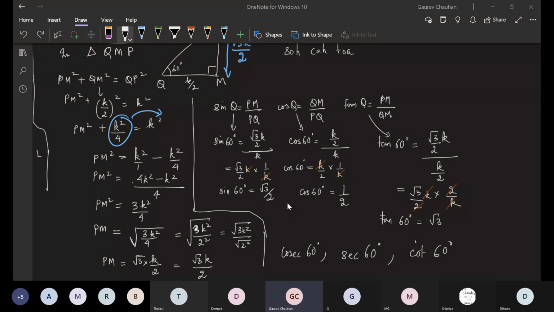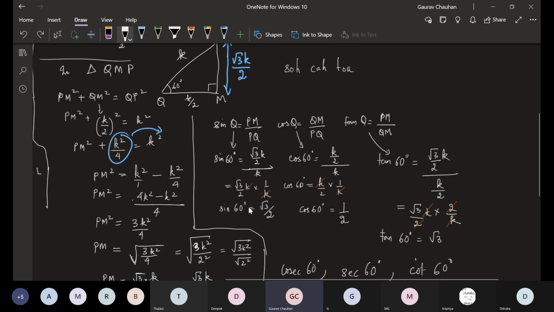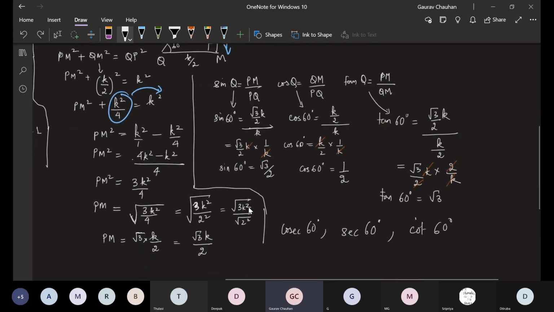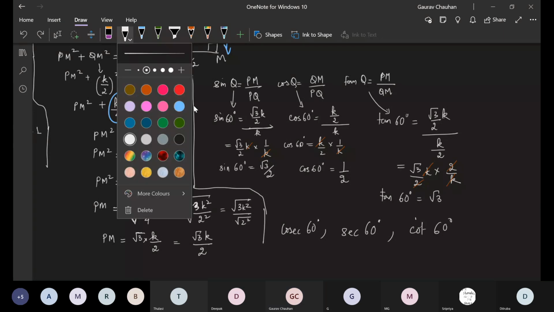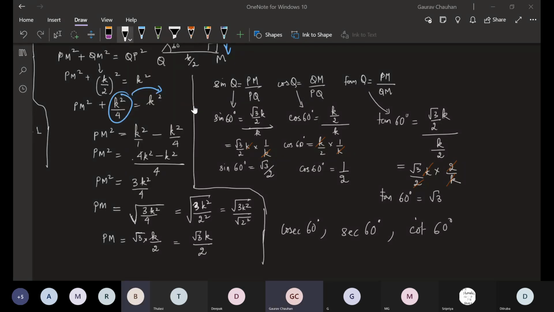We're convinced so far. Any questions of how we get 60 degree values? Any questions so far? Because I'm going to go ahead and do the 30 degree values also right now. It's just going to take us a minute, but I want us to be very, very sure of 60 degree values. Are we clear? Any questions on the 60 degree values so far?